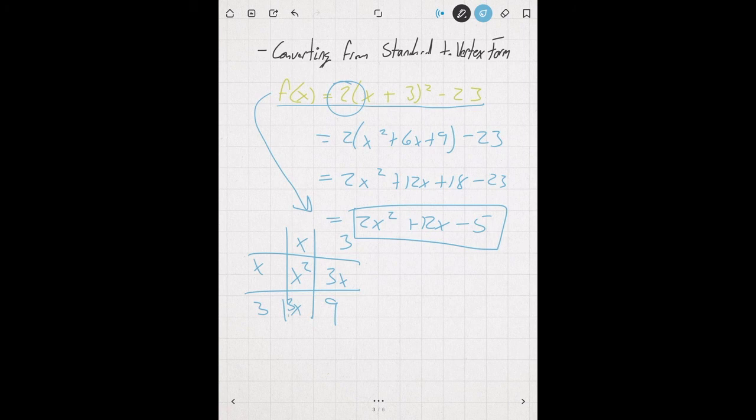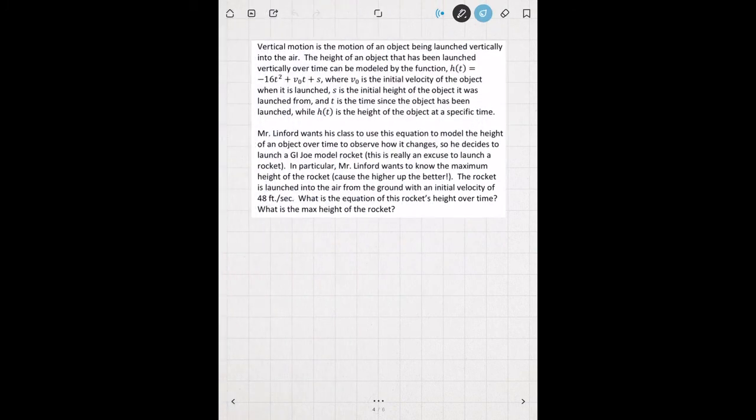What I'd like us to do right now is try an application problem. Let's take a look at a very common application problem called vertical motion. Let's read through this problem. Vertical motion is the motion of an object being launched vertically in the air. Okay, that makes sense. The height of an object that has been launched vertically over time can be modeled by